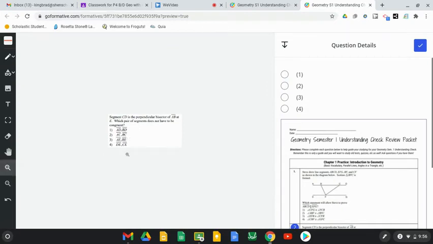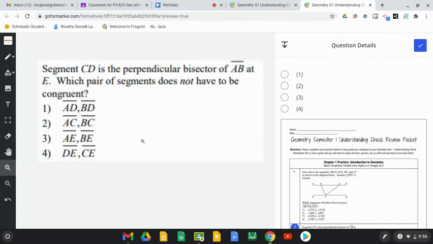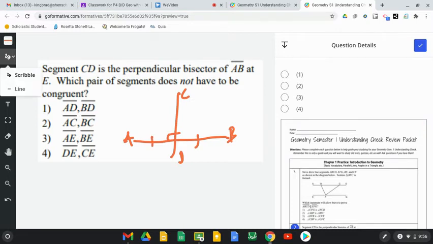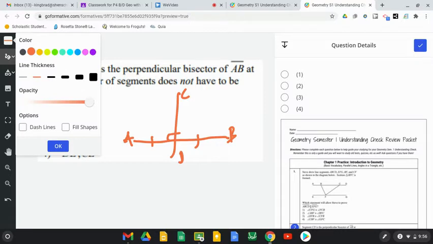I gotta zoom in again. I'm going to draw a little picture of what I could be looking at here. So I have segment CD. Here's CD. Is the perpendicular bisector of AB. So I'm going to make that down here. So it's AB. Perpendicular bisector means I have a right angle, and these two segments are congruent. So I'm going to run through these. First one is,